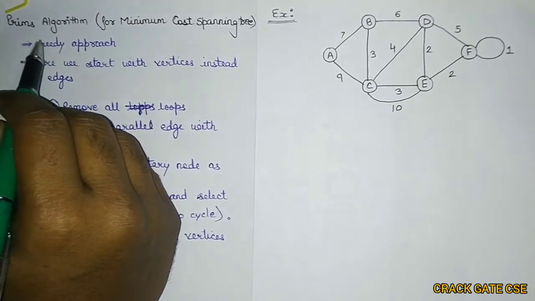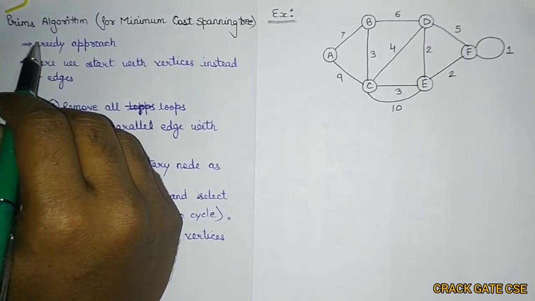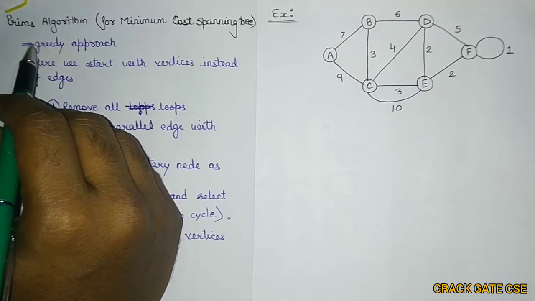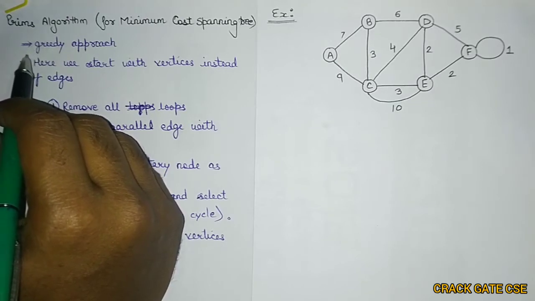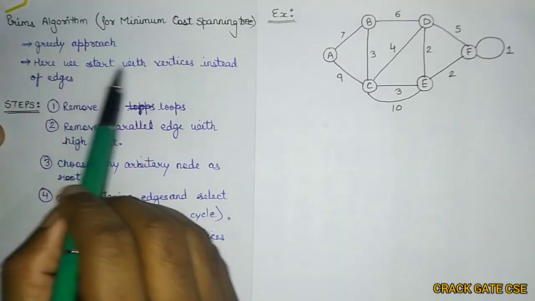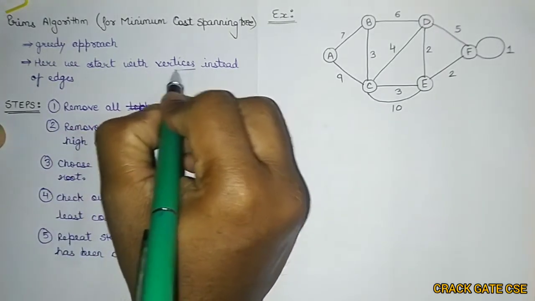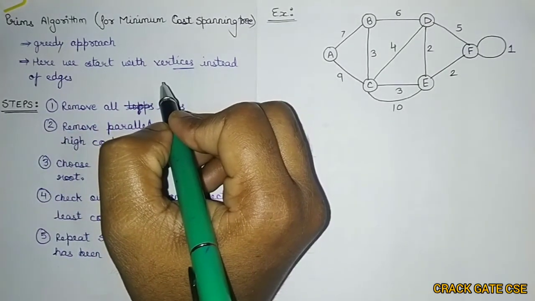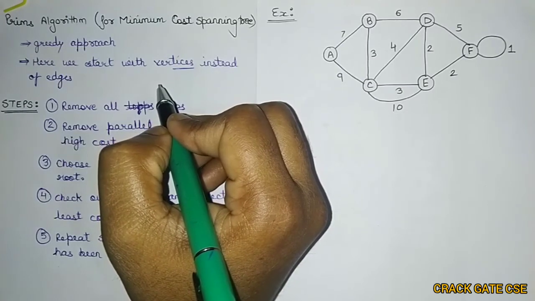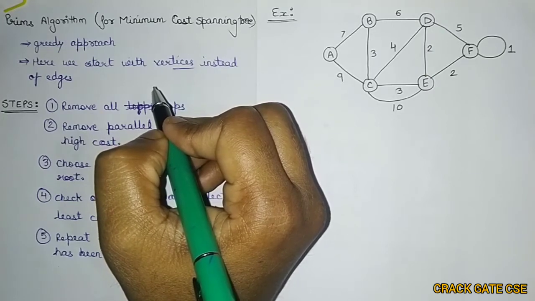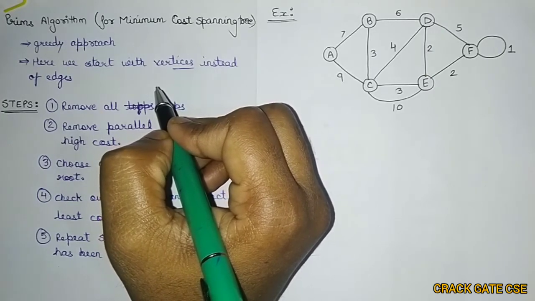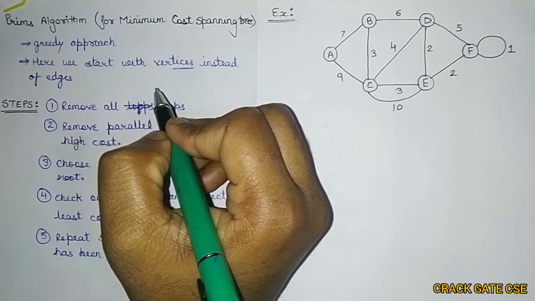Unlike Kruskal's algorithm, where we always try to find the minimum edge, that means first minimum, second minimum, and so on, here in Prim's algorithm we are also dealing with the minimum edges, but the working criteria is quite different. Here we start with the vertices. We start with any random vertex, and then we try to find the adjacent edges, and whatever the weights of the edges are, we select the minimum weight edge, and similarly we proceed in the next step. We will try to understand this with the help of an example also.